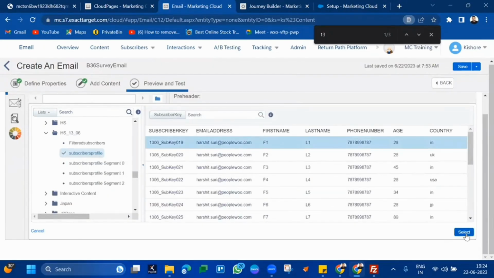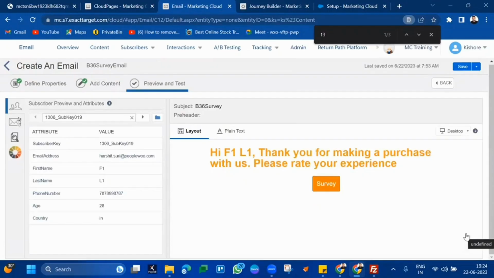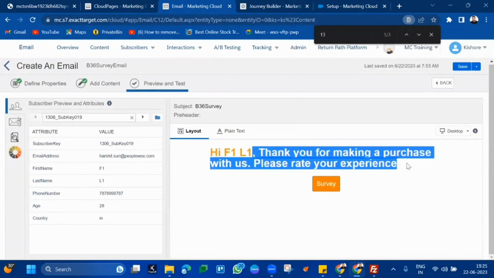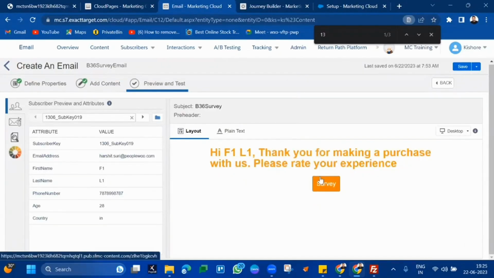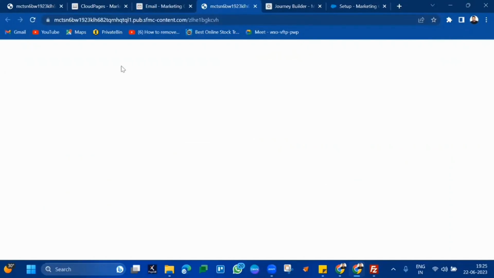Then he will see this kind of email and there is a survey button. The moment he clicks on the survey button, he should see a survey form. But many things in that survey form should be pre-populated. Like he should see his first name pre-populated, last name pre-populated, email address pre-populated, subscriber key pre-populated, even what product